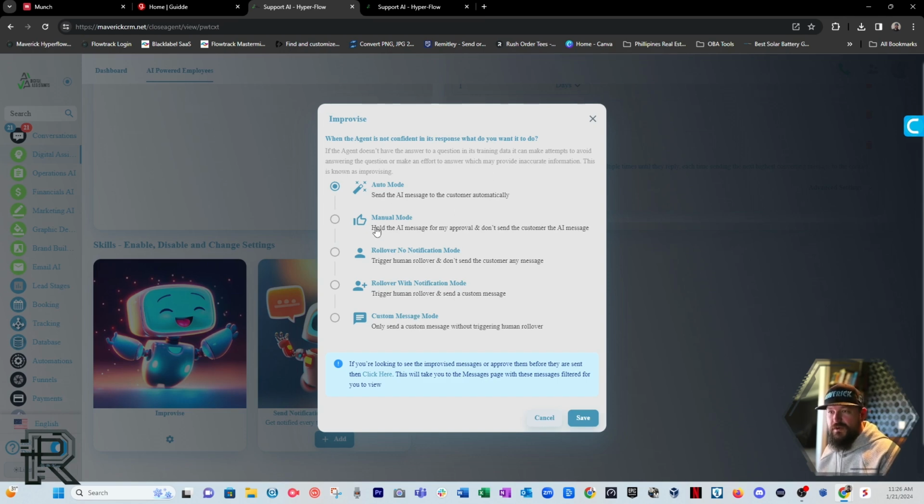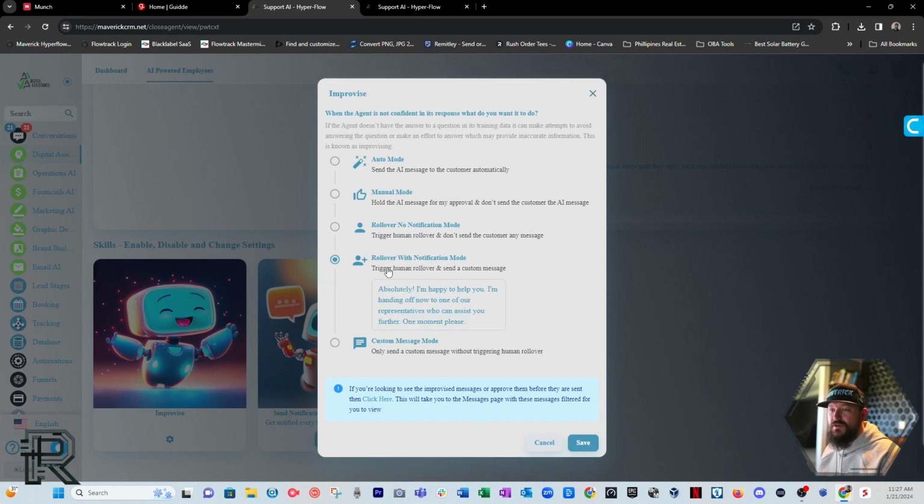You can do manual mode, which is going to hold it, and it's going to let you approve it, and it's not going to send to the customer, but it's going to send you a notification. That's actually a really good one. I usually leave it in manual mode, or I will put it in rollover with a notification mode. So what I do is this: I'll be like,